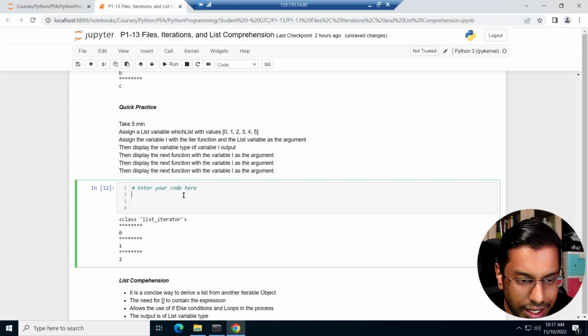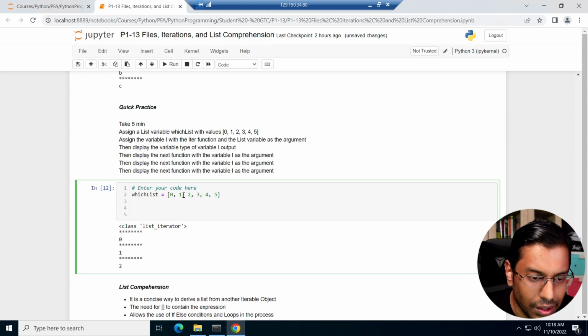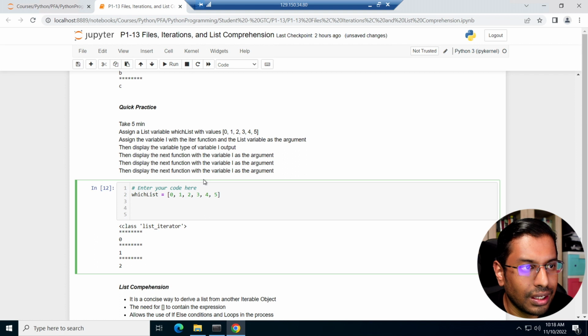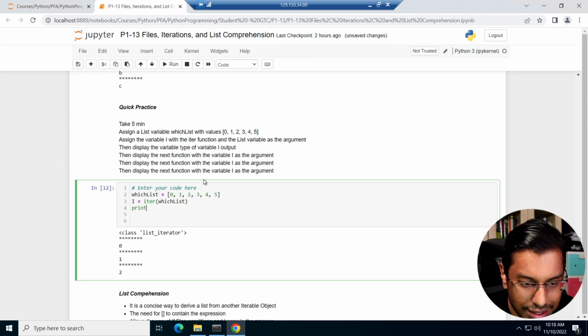Okay, hope you all tried it. Let's start this. So basically, it's quite simple. You just create a list variable called which list equals to 0, 1, 2, 3, 4, and 5, right? And then what we do is we just assign it with an iterable. We call it I using the iter function. We pass in which list, and we've converted it, right? Now we can print type of I,